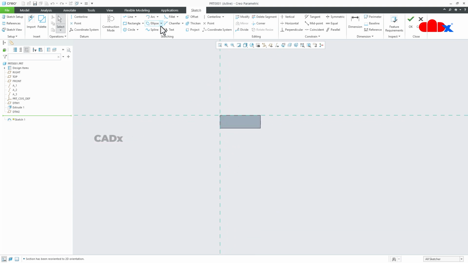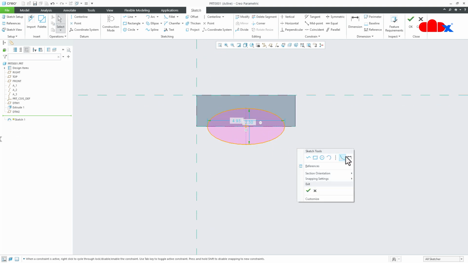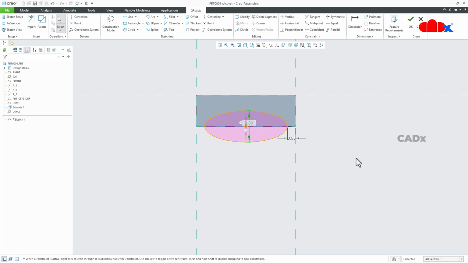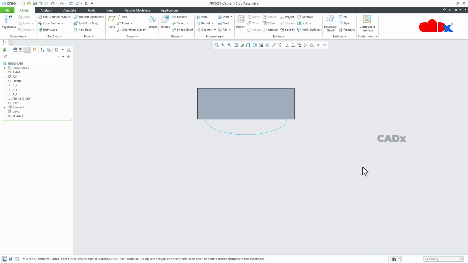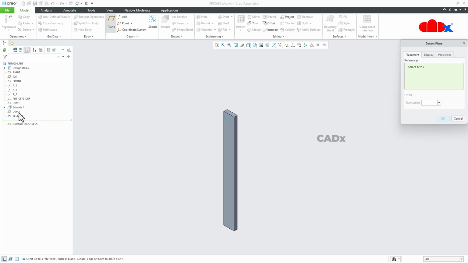Now here I will go for center ellipse. I will move my cursor near to the midpoint, click here, and then draw one ellipse like this. Now the dimensions: from here till here, this is 0.5, and then this value is 2. Say OK. Control D. One more sketch, and for that again a datum plane starting from datum 2